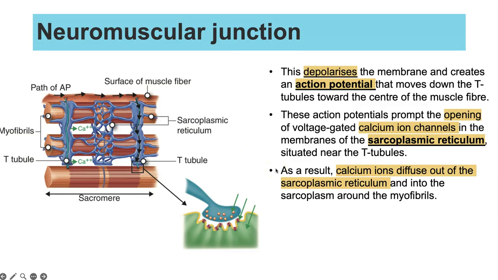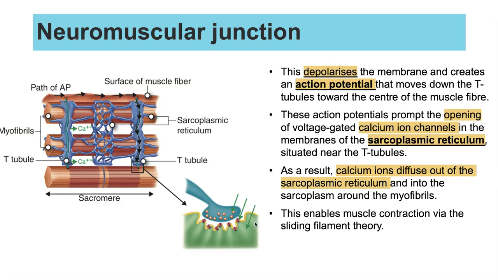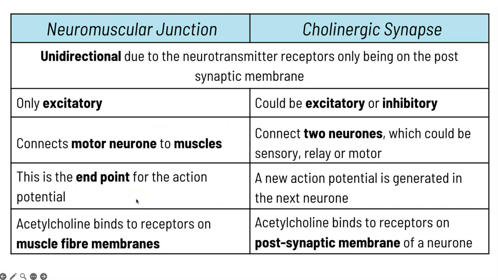As a result, the calcium ions diffuse out of the sarcoplasmic reticulum and into the sarcoplasm, which surrounds the myofibrils. So that then enables the contraction of the muscles via the sliding filament theory. So just to summarise some key similarities, well, there's actually only one, the rest are differences between the neuromuscular junction